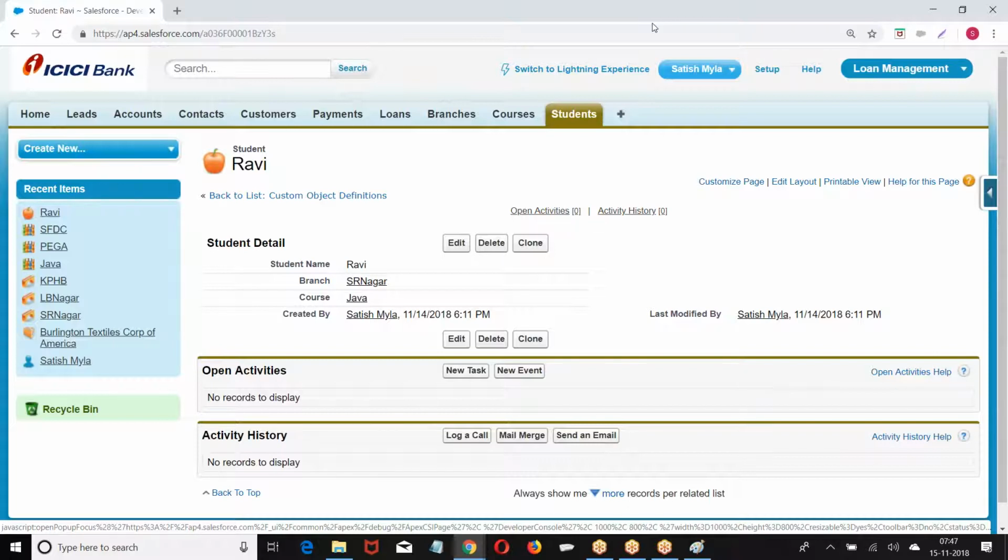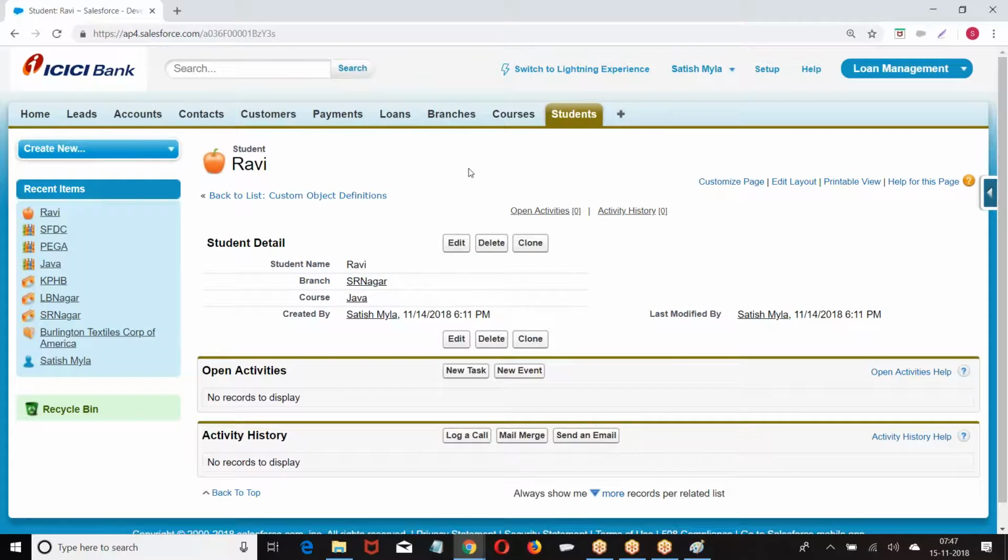Now, it is almost similar to master detail, but a few technical points are slightly different. Let me give you once again. Can I create a master detail on a standard object? Look at the point.